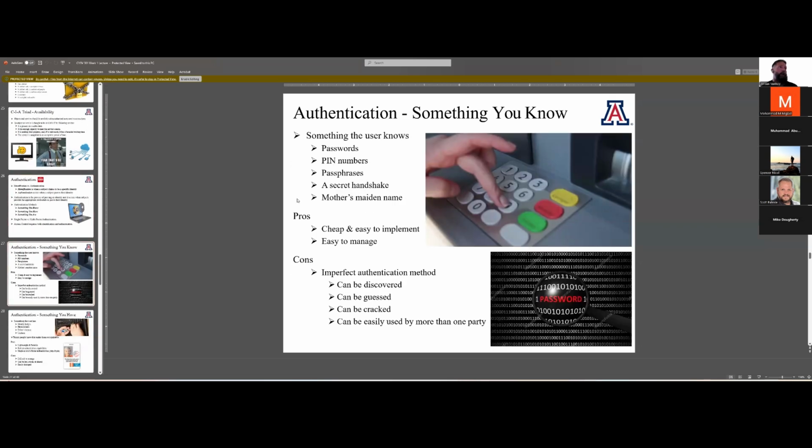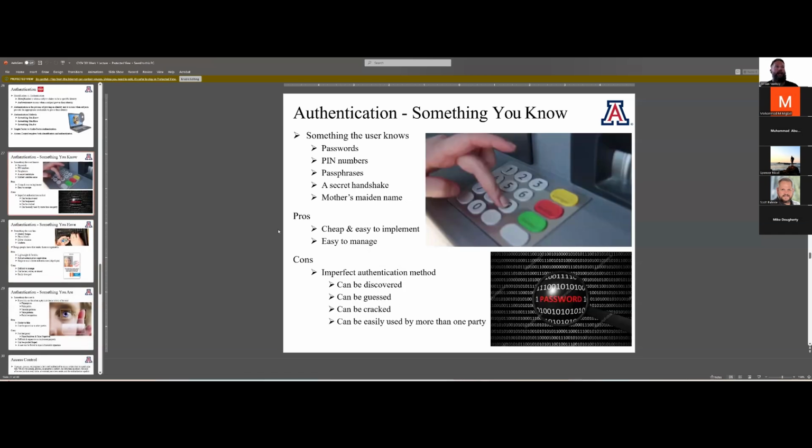So let's talk about each one of these. Again, we have type 1 authentication here, something you know. This is the easiest, the cheapest implementation option. The National Institute of Standards and Technology says that we should be using passwords that contain no less than 17 characters. And the last time I saw it was supposed to be a passphrase, not a password. Okay. But ultimately, these are easy to guess. And as hardware and high-end desktop computing continues to evolve, the time to break those passwords or type 1 authentication gets lower and lower.